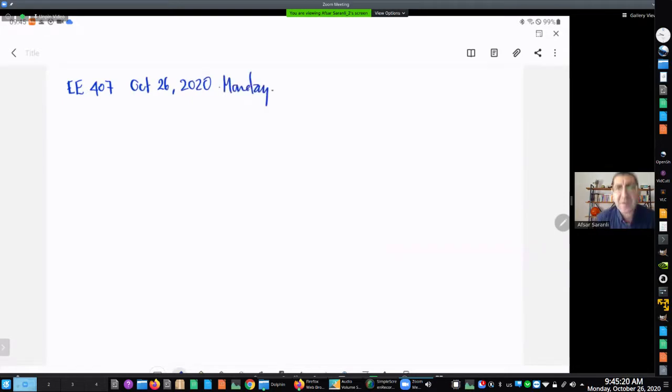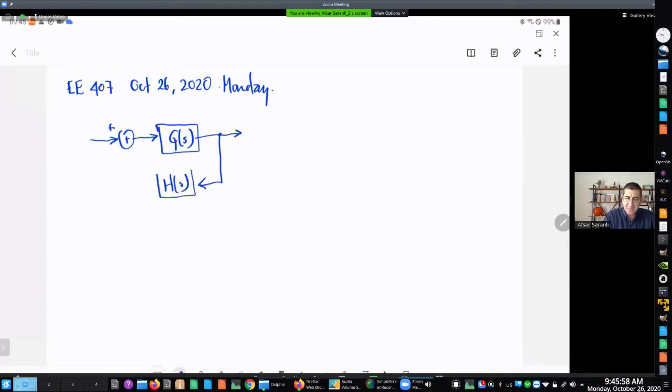Okay, guys. So let's start our discussion. Now, I want to start with a quick review of a general control system, something that we actually are very familiar with, right? We usually talk about a feedback system, an output feedback system, in the sense that the system G of S generates an output, and this output is measured by possibly another transfer function, a feedback transfer function H